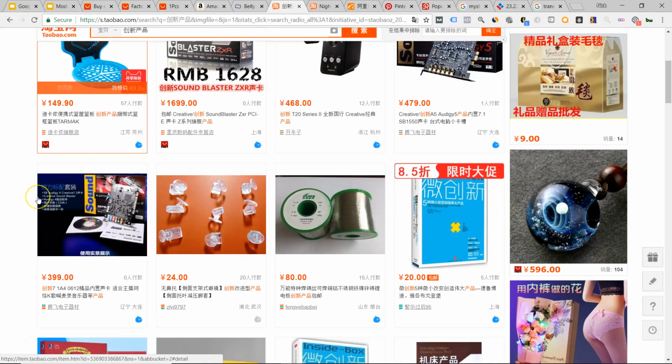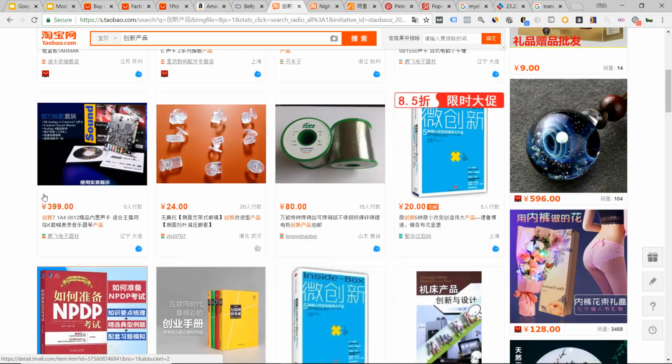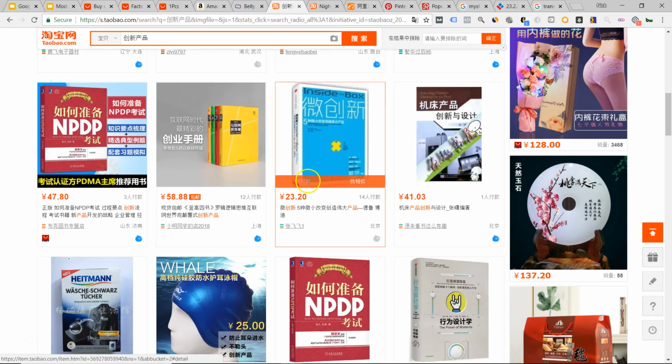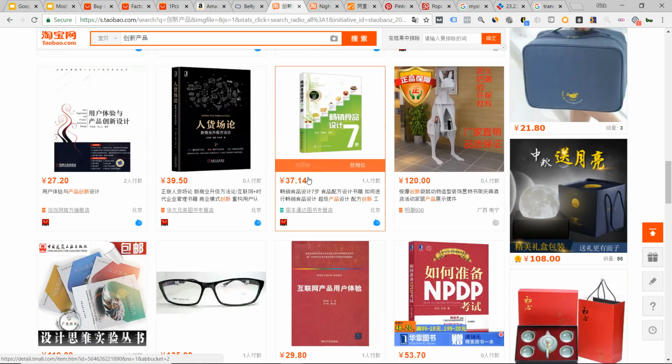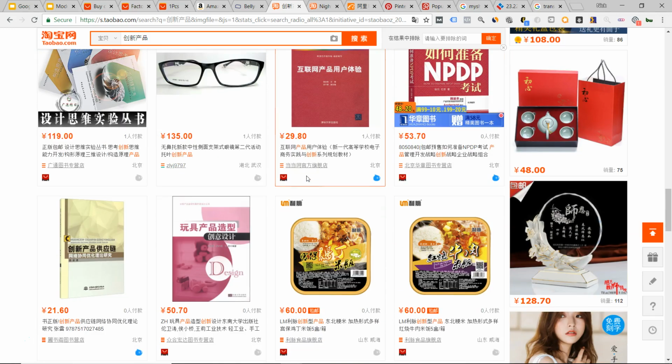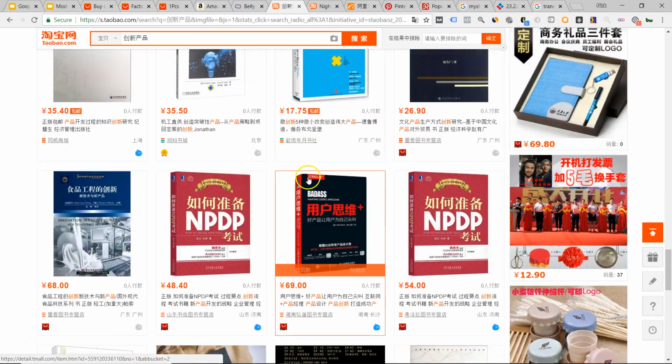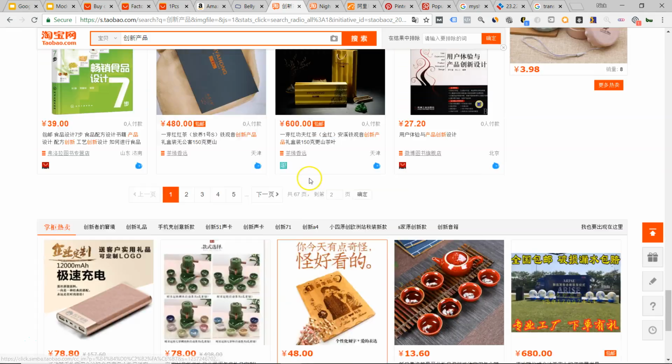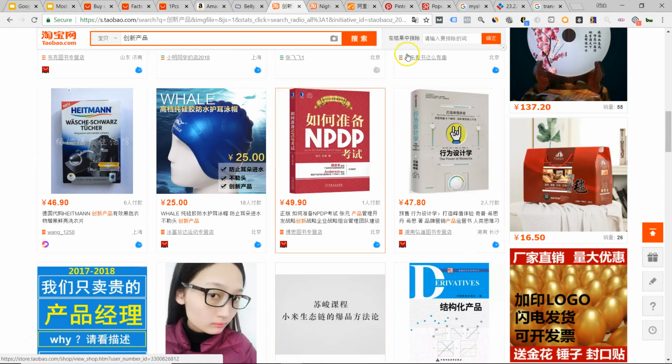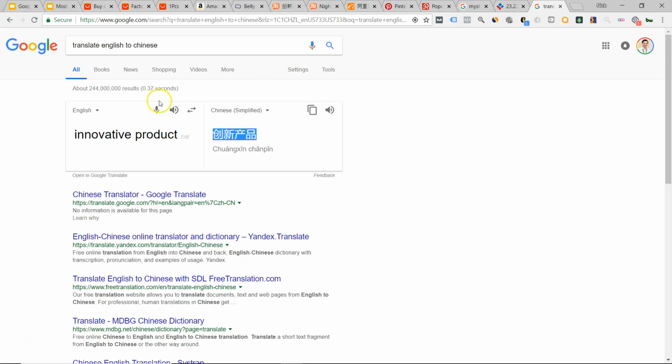Innovative product brings up different types of search results that are a little mixed. Here's something that could be cool. You're looking for stuff that has that wow factor, that'll stand out. You don't know if it's going to sell until you try to sell it. This brought up a lot of books. So anyway, you can use different terms like innovative product, unique product,